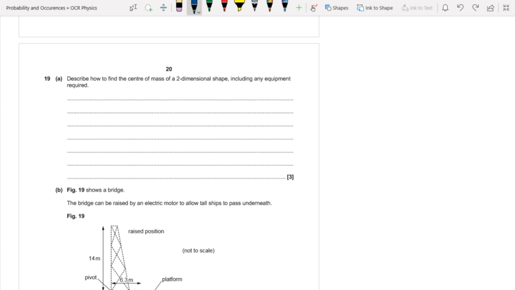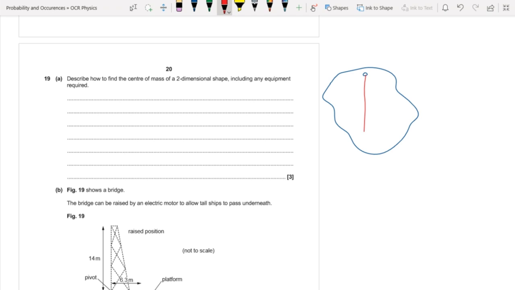I might depict it using a figure. For example, this is the irregular shape object. Using any external equipment, I will suspend it and let it come to rest, and then using a plumb line I would draw the vertically down,